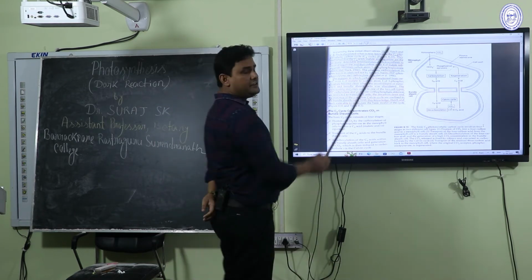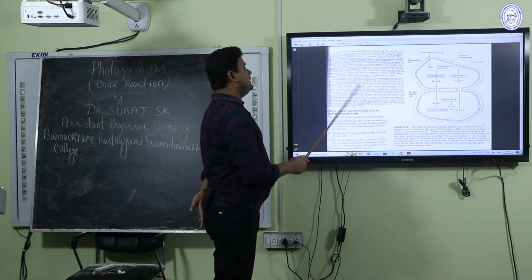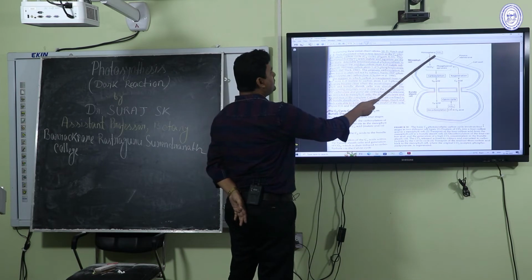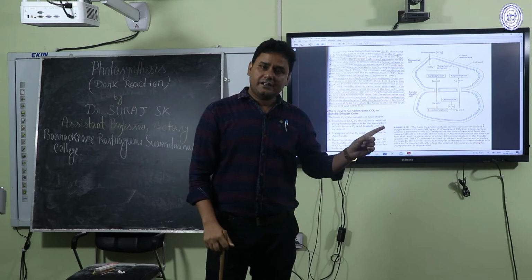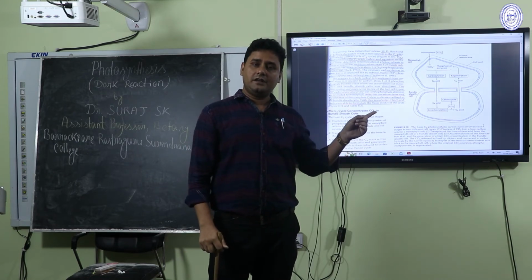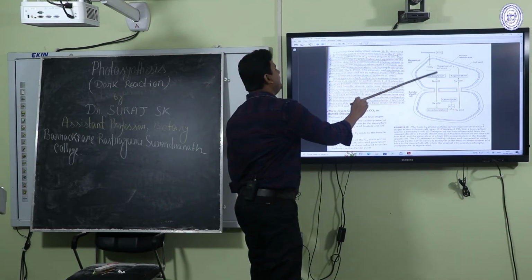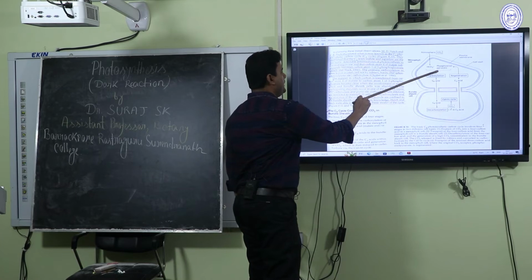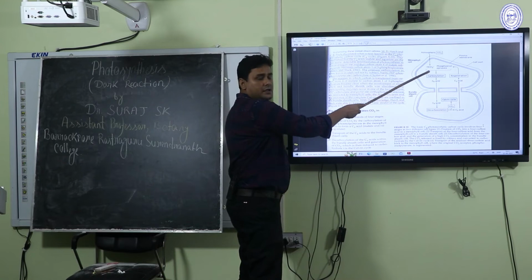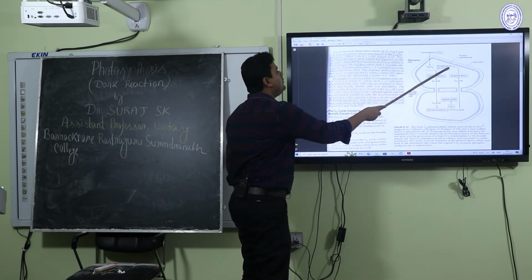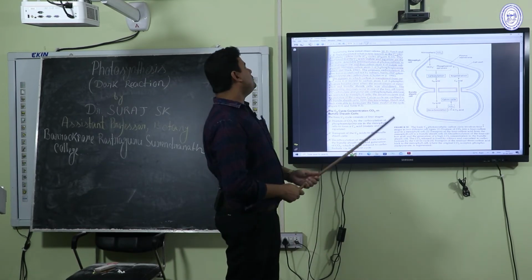Okay, just look at this diagram. Here, the atmospheric CO2 acceptor is phosphoenol pyruvate. In the C3 cycle, the CO2 acceptor was RuBP. In C4, the CO2 acceptor is phosphoenol pyruvate. Okay, so the atmospheric CO2 acceptor phosphoenol pyruvate will react with CO2, and